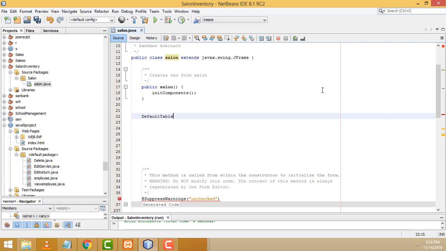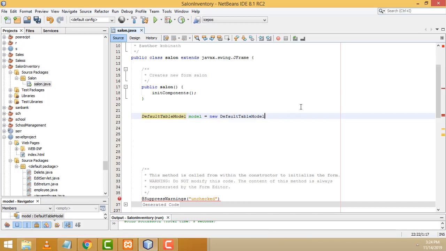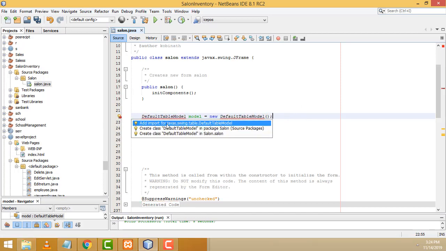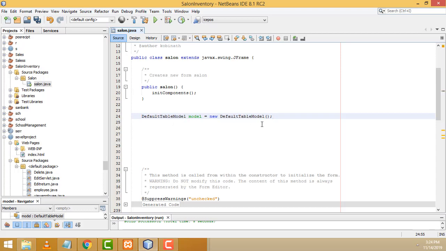table model. You have to write model equal new, same thing, Control C to copy, Control V to paste here, default table. To check, you have to import the namespace, this one. After that, we have to write the code for the button,